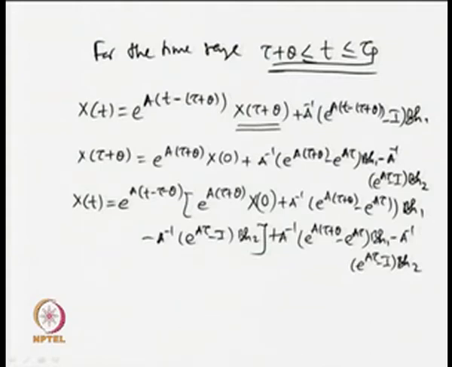So, we have got a horrible expression which can further be simplified and written finally in the form of x(t)